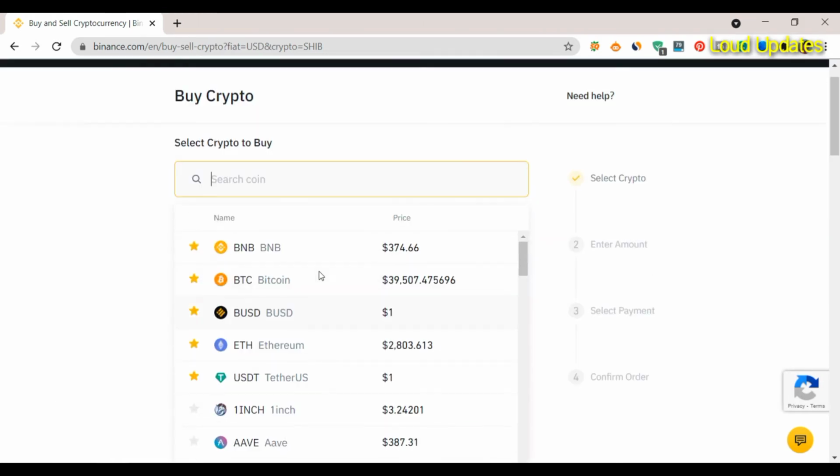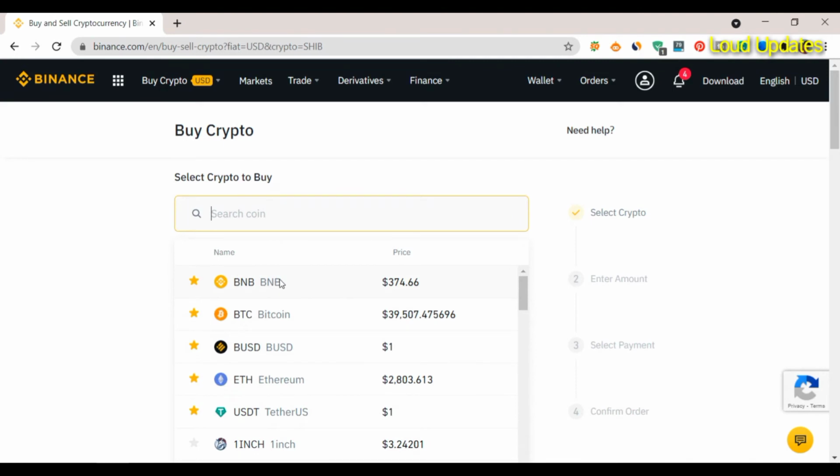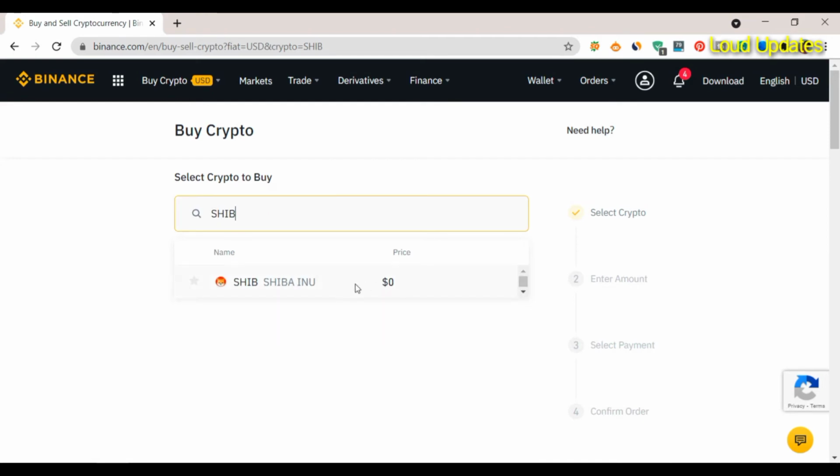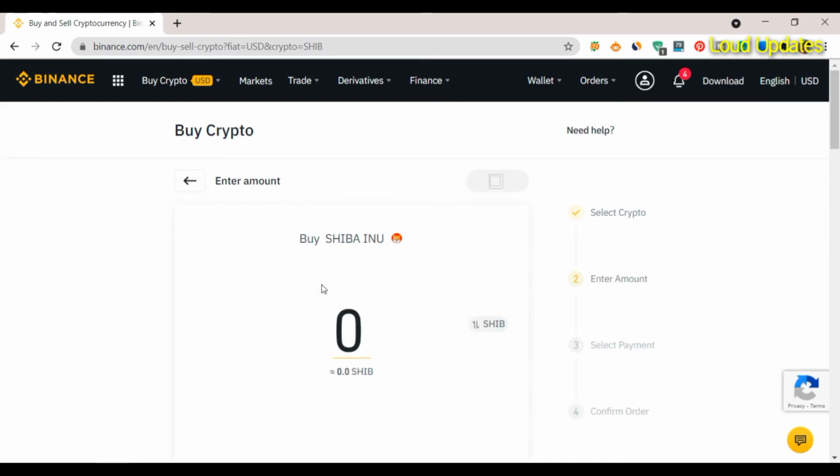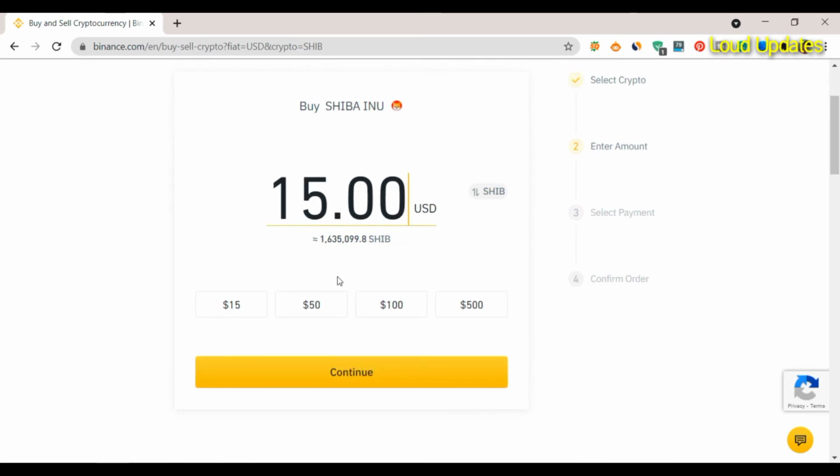Here you can see different currencies available, and it's hard to find Shiba Inu, so type Shiba Inu. The next step is to type 50. The lowest price is $50. From $50,